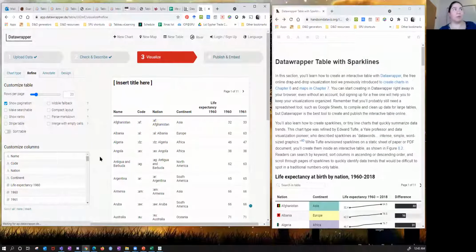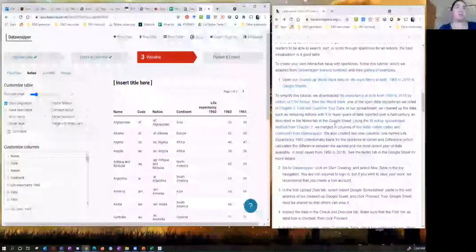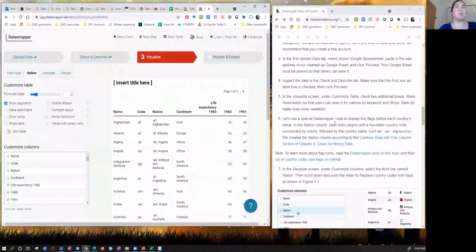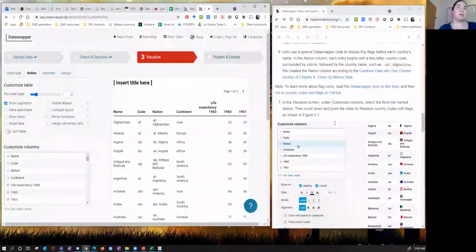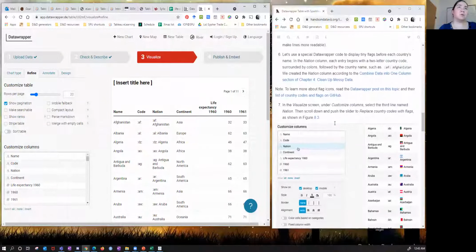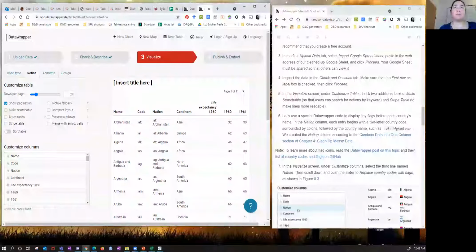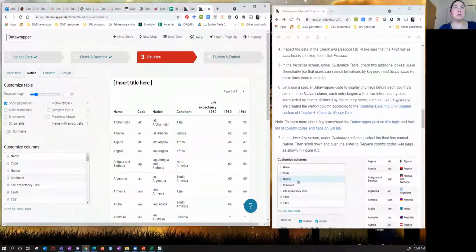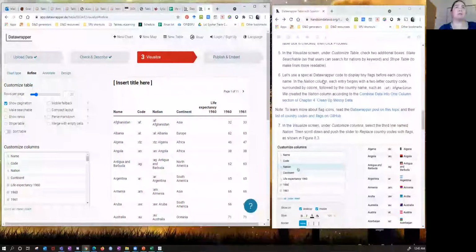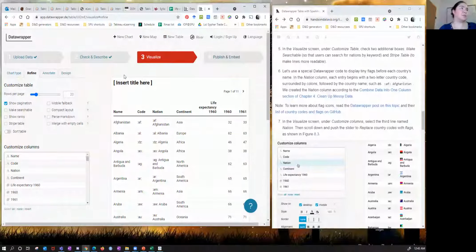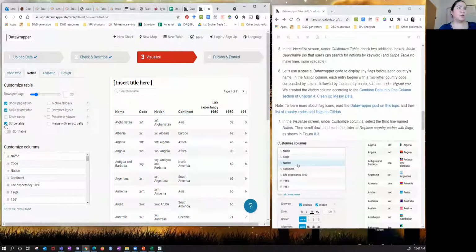There we go. That's what we want to see. Okay, so the first thing it tells us to do is to upload your things, inspect it, visualize. It's got all this cool code stuff. Let's see. Okay, so in number 5, this is the visualization. Visualize, refine. So it tells us that we want to make it searchable, and I think that we wanted to